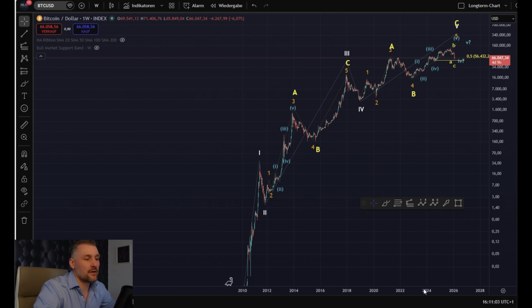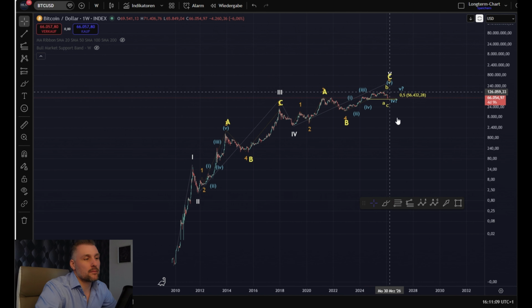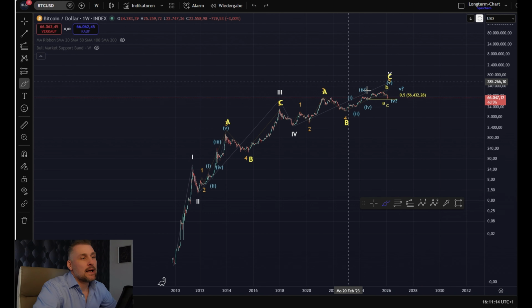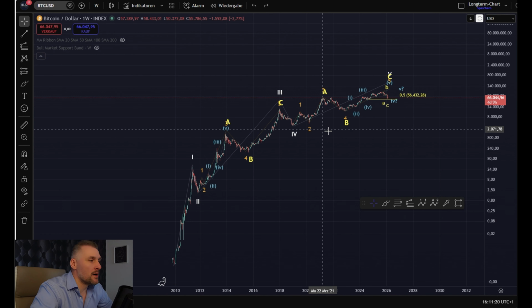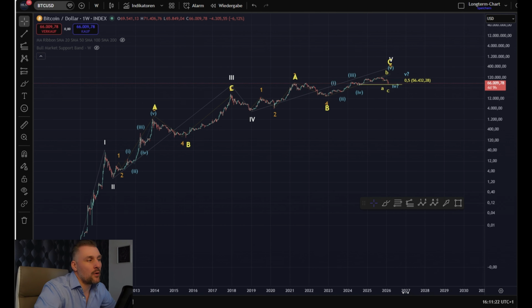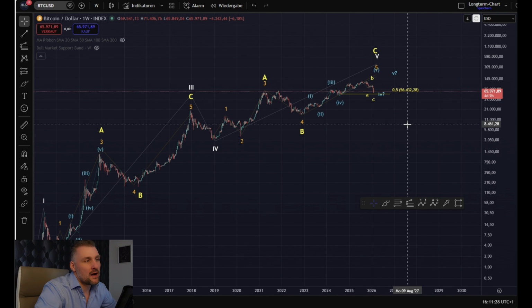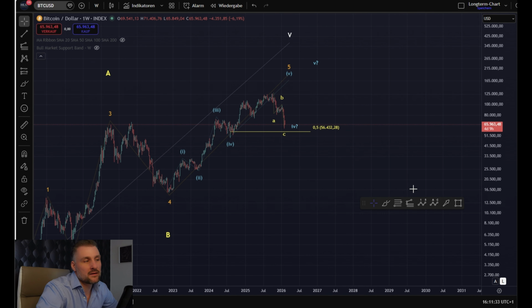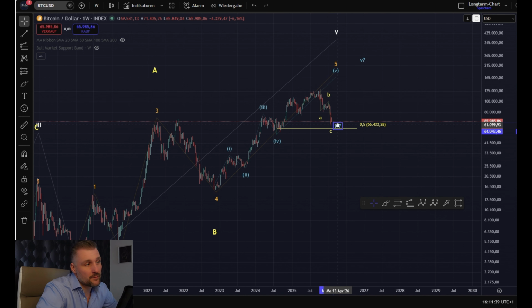Because after 5 waves, we have an overall bigger wave 1 probably here, or have completed a major cycle. I mean, some Elliott wave traders have the same view, and I'm also convinced of this count here because it makes sense. And the question is now, I saw that on some other analysts, and they are still waiting here or have the view that we probably can hold a wave 4 support.